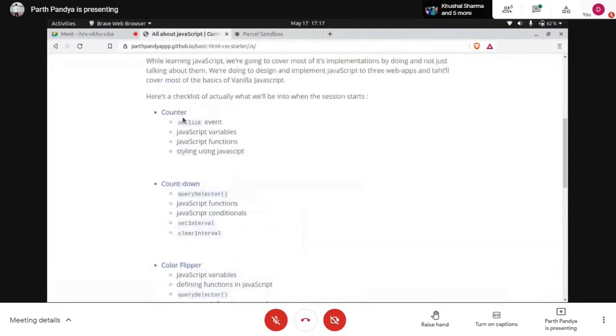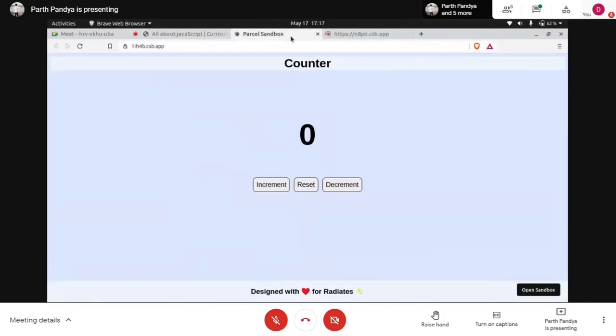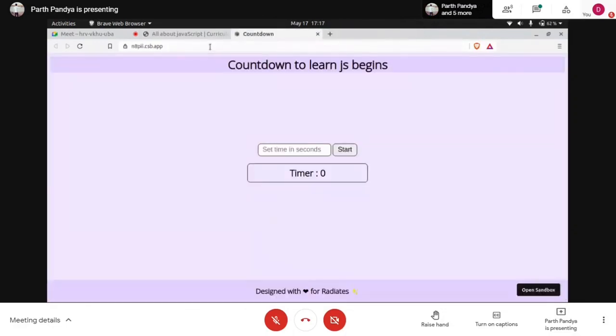Countdown is actually redirecting to the counter link, and the counter link is redirecting to the countdown. I have mixed up the links. So this is countdown. Countdown to Learn.js begins. It behaves exactly the same as any countdown should. So whenever, let's say 10, it will set the timer and it will count down till 0.